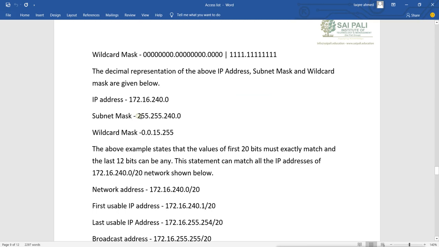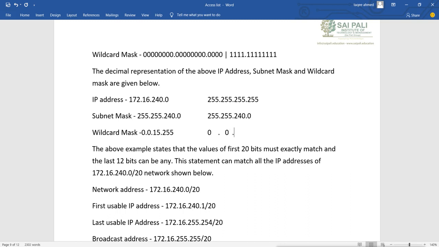I will subtract this from the default value, 255.255.255.255. When I subtract this subnet mask from this value, the 255.255 will be removed and become 0, dot, then this will also become 0, dot.